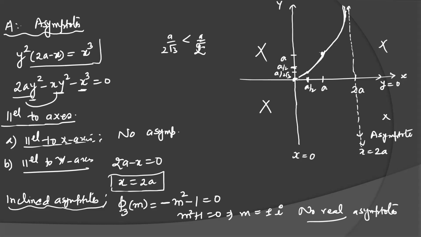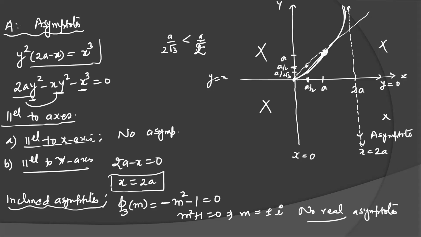This is tangent. So we are going this way. A by 2, some people confuse. Suppose, for better understanding, draw a line y equal to x. What is the y equal to x line? This is the y equal to x line. Then on the line y equal to x, x equal to a gives y equal to a, and x equal to a by 2 gives y equal to a by 2.